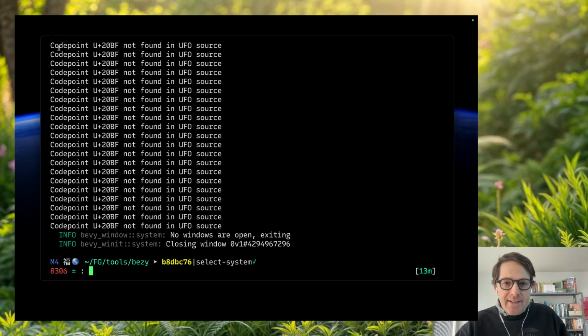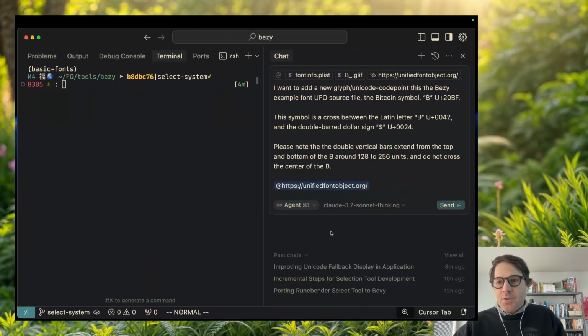Let's close this out and let's go over to Cursor. And so this is Cursor in AI agent mode with Claude 3.7 thinking. And I've made this prompt. I say, I want to add a new glyph / Unicode code point to the Bezier example font UFO source